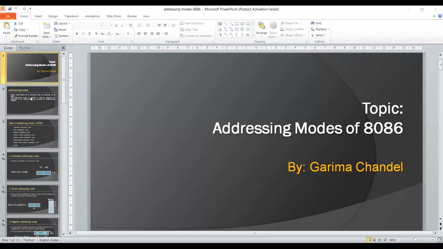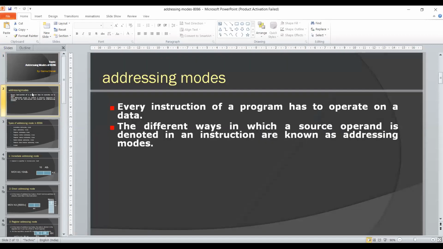What do you mean by addressing mode? This we have already discussed. Addressing mode means the way of specifying the operand in the instruction. If the operand is directly specified in the instruction, that type of addressing mode is known as...